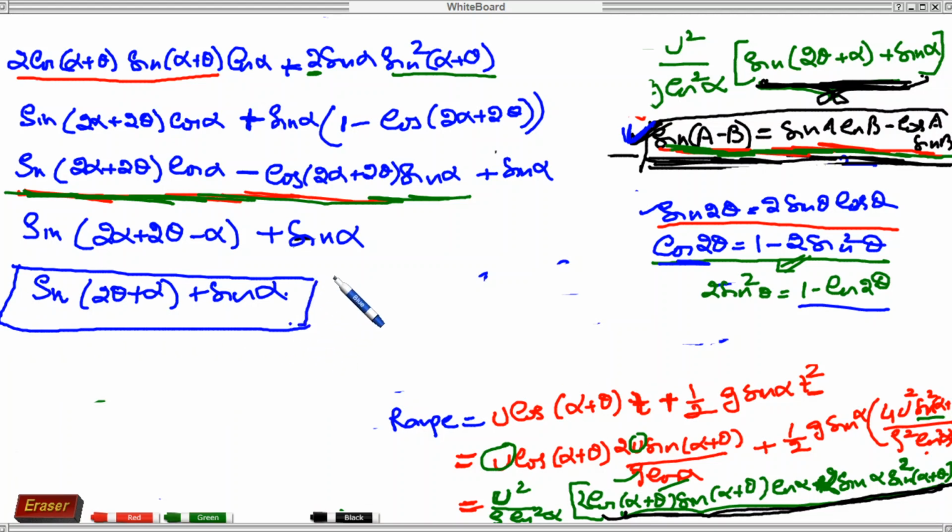So that's all for the projectile part. I discussed a lot in projectile, projectile in a plane and projectile motion in an inclined plane. Both we discussed, and most of the things are done in the projectile part. So that's all for today, and we will be discussing new things in our next lecture. That's all for today. Thank you.